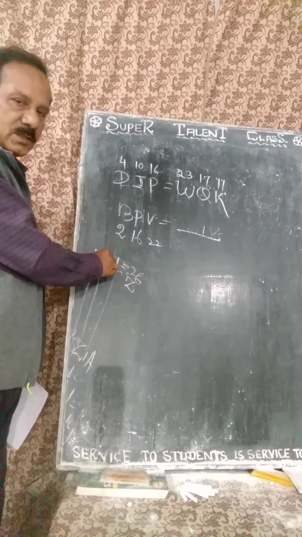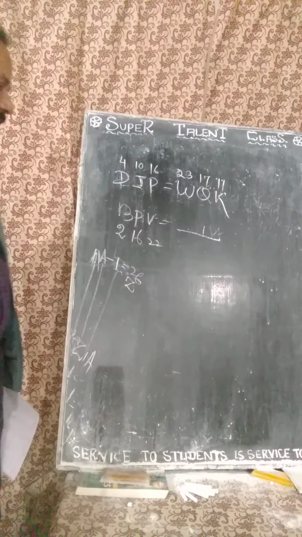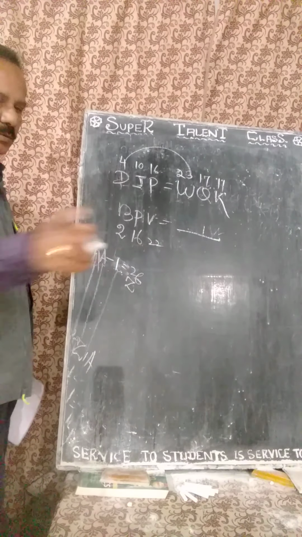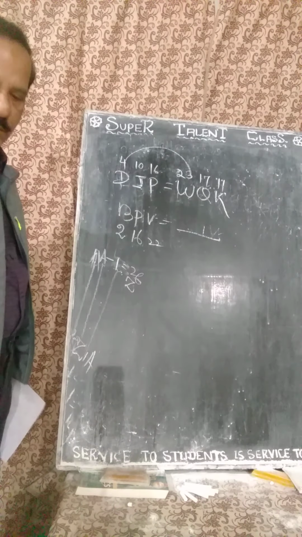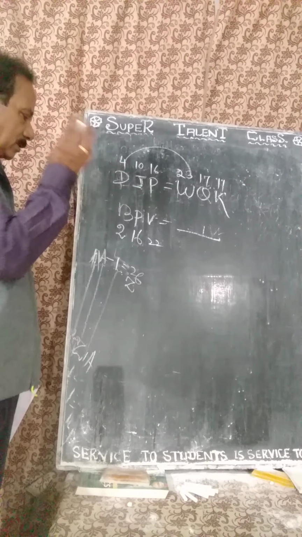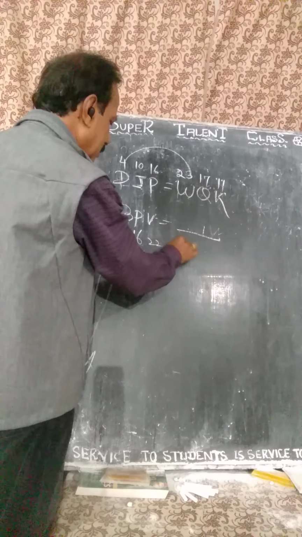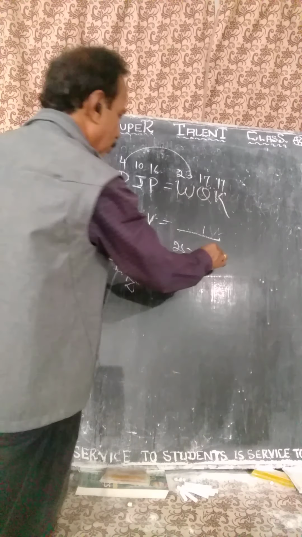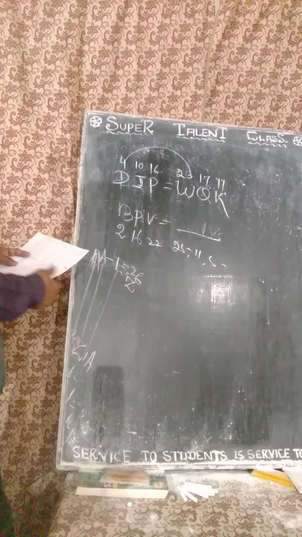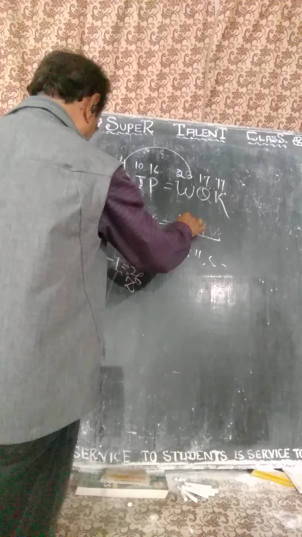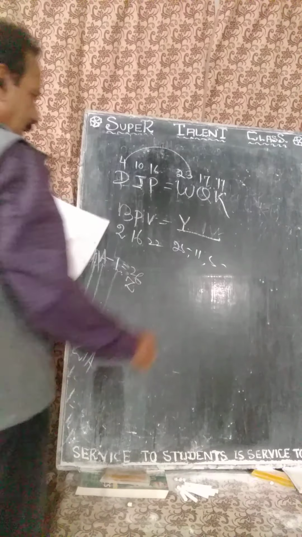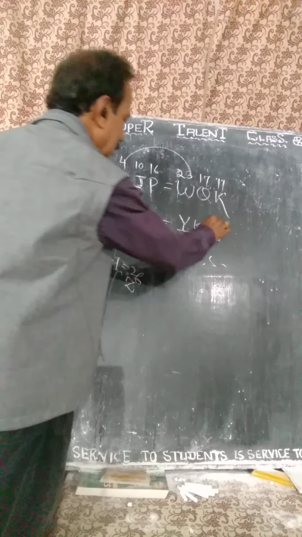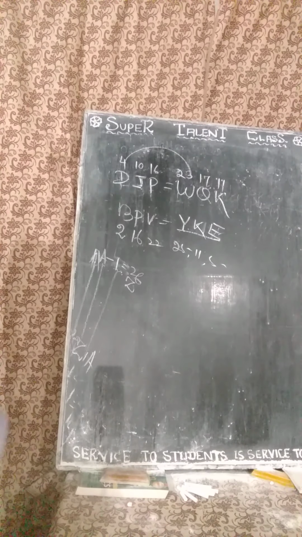Suppose you see these questions, you will get it. Now see 2. What will be the reversing number? Total is 27. You can check it, or you can make the chart. If you make the chart on paper, then you will practice it. 2, what will be the number here? 25. 16 to 11. 22 to 5. So 25 is Y, and 11 is K, and 5 is E. You must practice it. This is important.